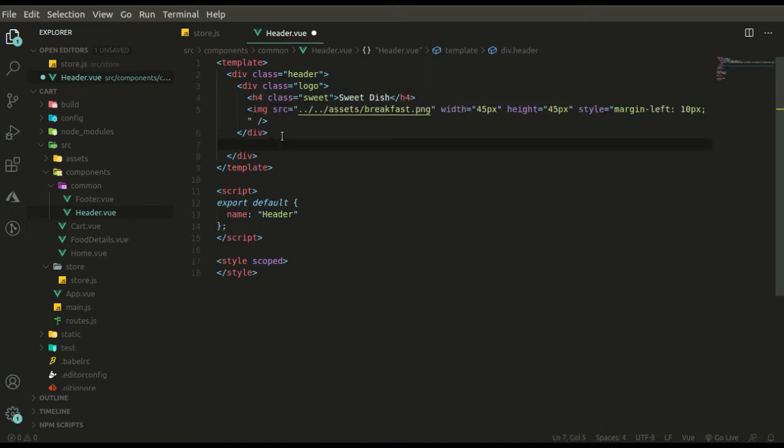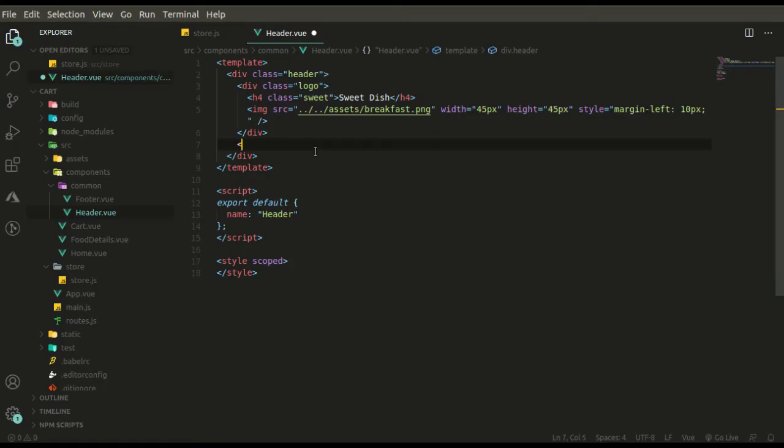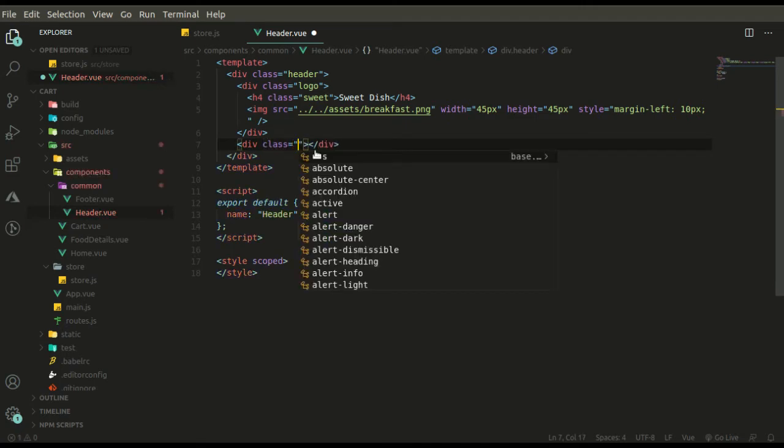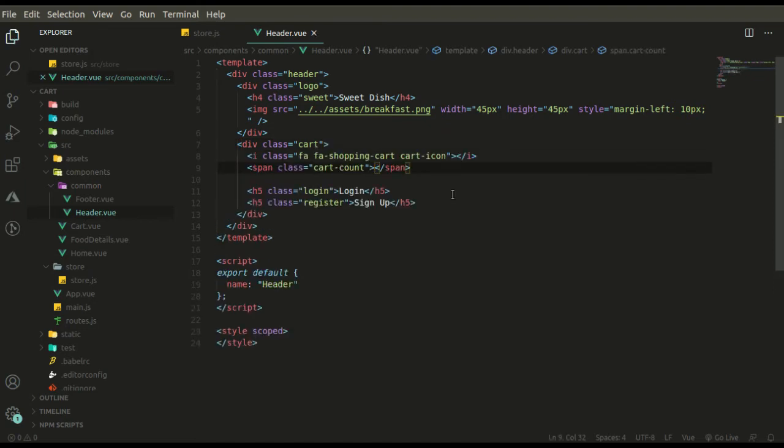Now we have to code this portion, the cart. Let's quickly do it. Okay, so we have written the code for that also.